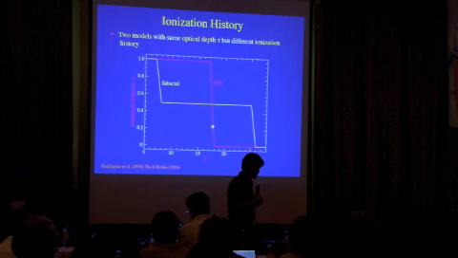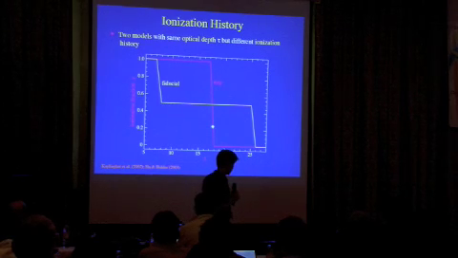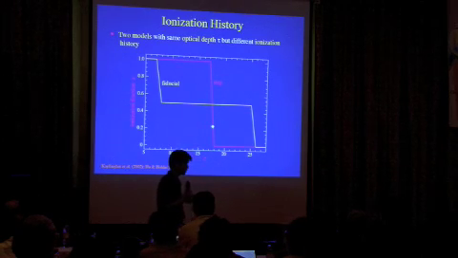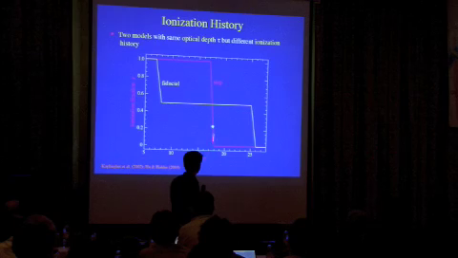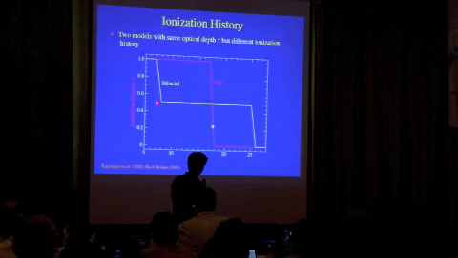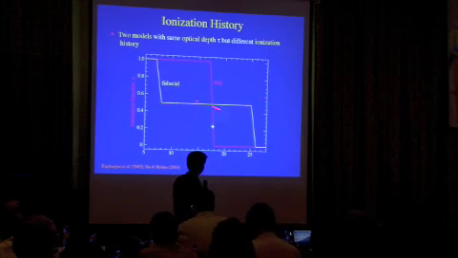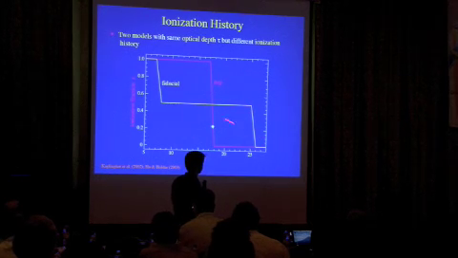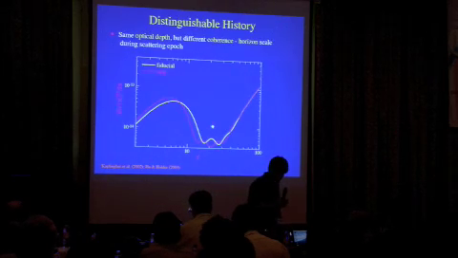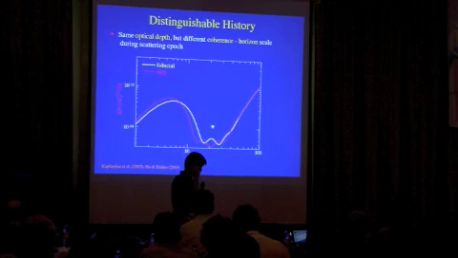So here's just an example of different ionization histories. This is a really toy, simple model to just show you what could happen. Suppose I had the same optical depth, the same total number of photons being rescattered, but in one case, only at low redshifts. This is matched to WMAP1, so it's a pretty high redshift for this example. But anyway, let's go to a higher redshift but a lower level of ionization covering the same optical depth, the same amount of scattering, because you had scattering at high redshift to compensate for the lack of scattering at low redshifts. What do you see in the E-modes? Well, you see a different E-mode pattern,